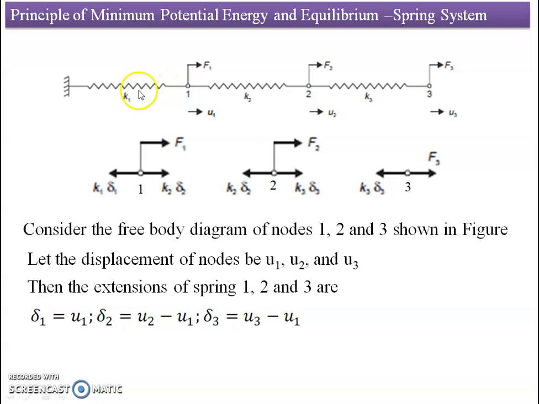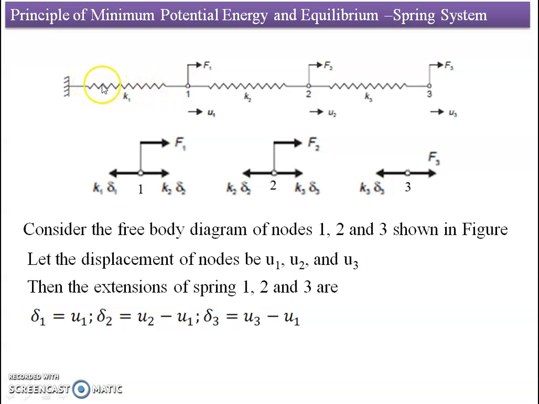This node 1 is common to springs 1 and 2, and similarly node 2 is common between springs 2 and 3, and node 3 is at a free end. Let us assume that at these respective nodes there are applied forces F1, F2, F3. Now we will say these applied forces will do some work and there will be certain strain energy developed in